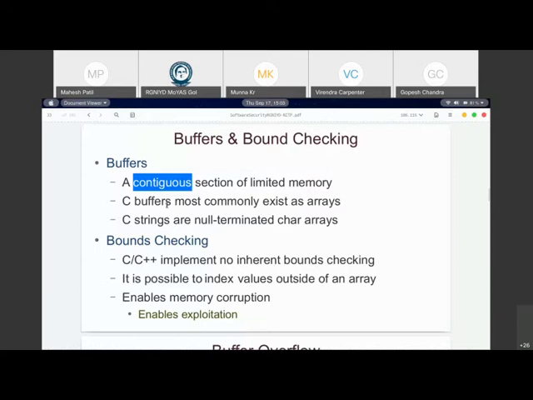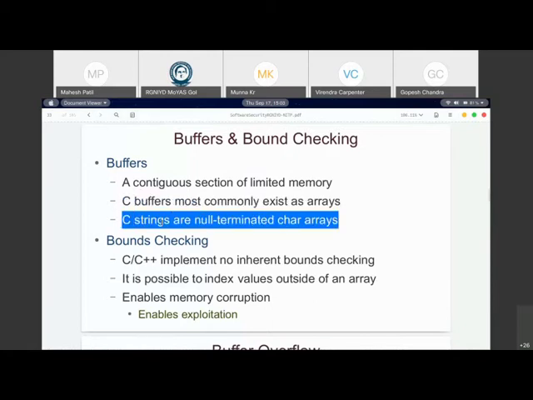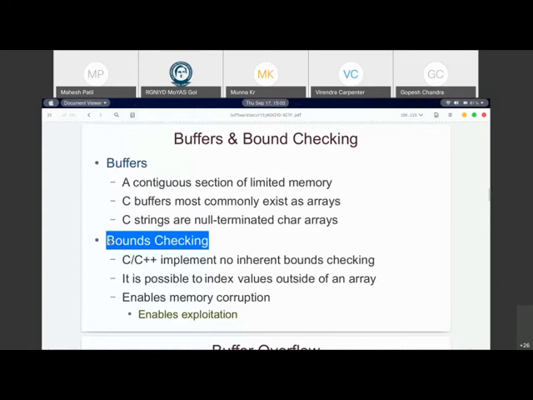In C programming, buffers are typically arrays, and sometimes they are strings, which are typically null terminated. What is the problem associated with it? There is no bounds checking of these buffers in C and C++. If you try to read any data beyond the buffer, the OS, or even the C programming language, allows you to do that.